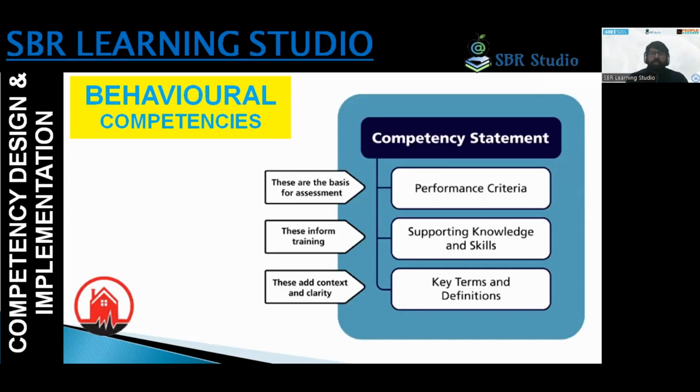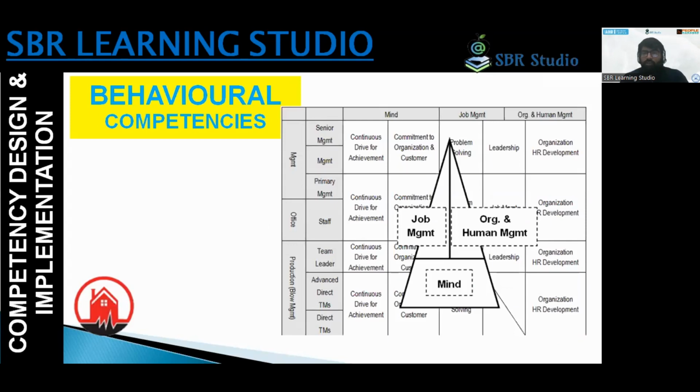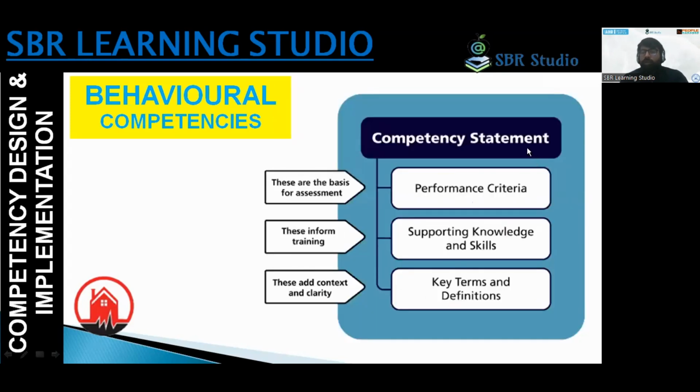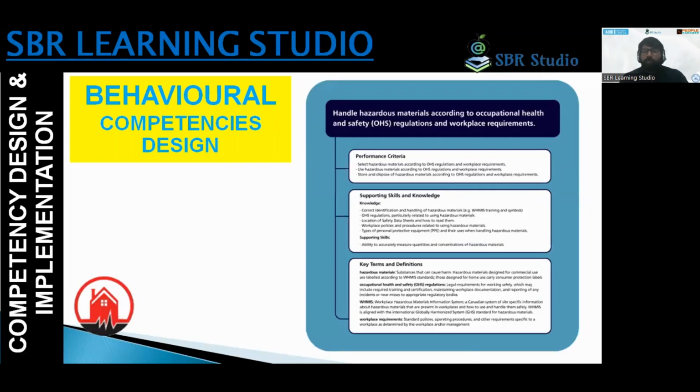Now it comes to the next level. When you are designing the competence, you have to design one format, or the competency guide format, where you require some criteria. Number one, the competency you are designing is based on, for example, the senior management or the manager, and you have to put a competency statement. So what is this competency? What is expected? What is their role? Then you have to define some performance criteria, what is right and wrong. Then the supporting knowledge you require. Then the terms you have to define. So this is how the format has to be designed.